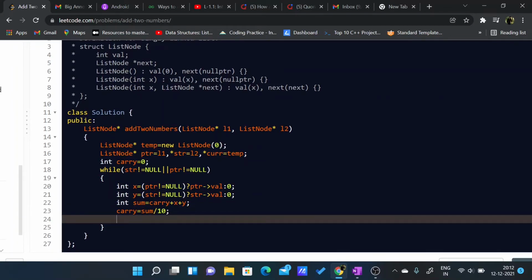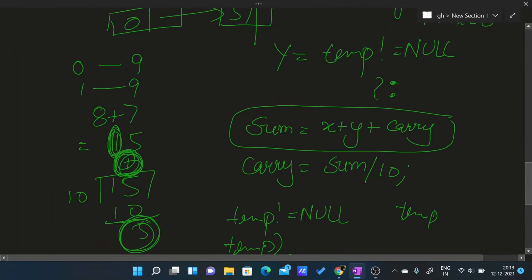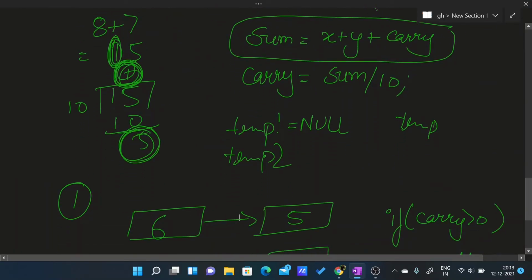we will add a new node. So current next equals to new list node sum mod of 10. So this is what we have seen here. The carry is the quotient value and the value at a node will be the remainder.